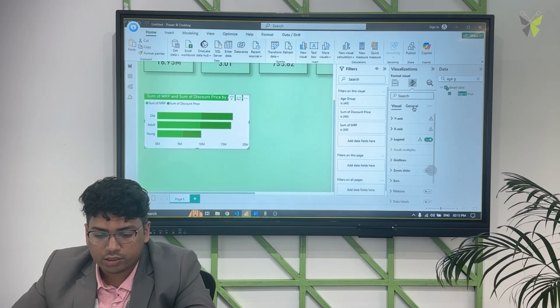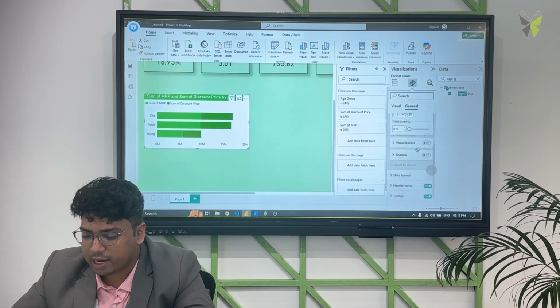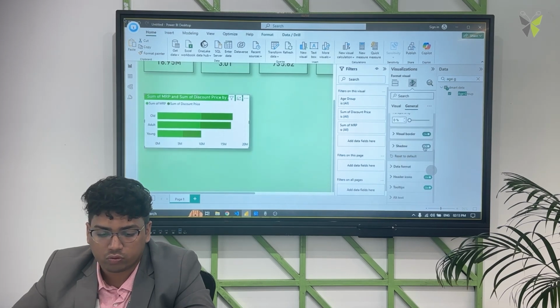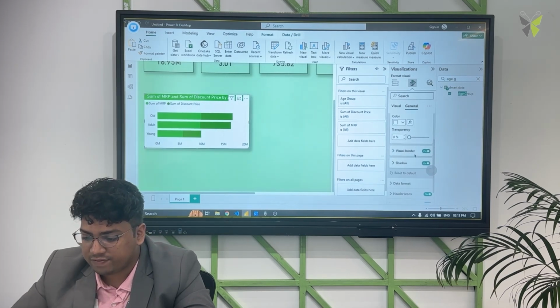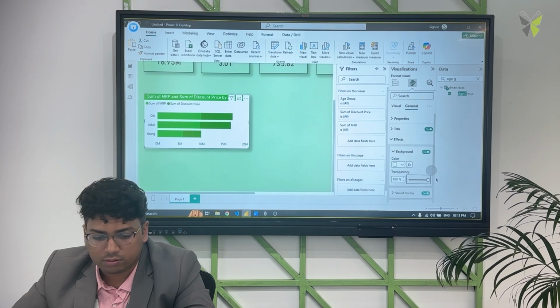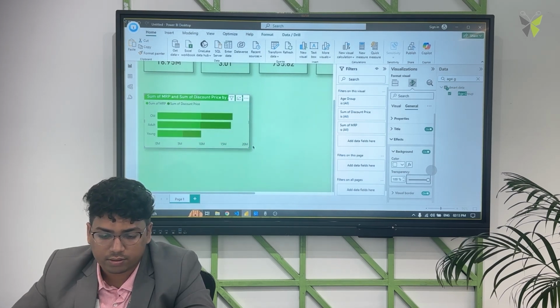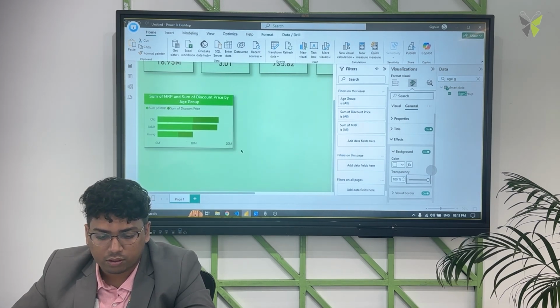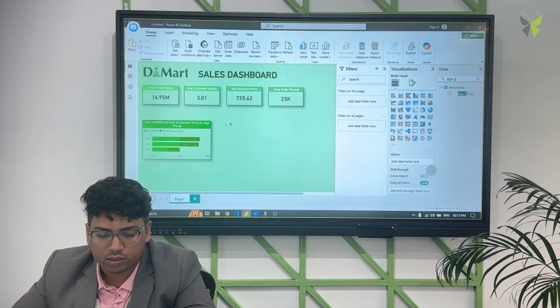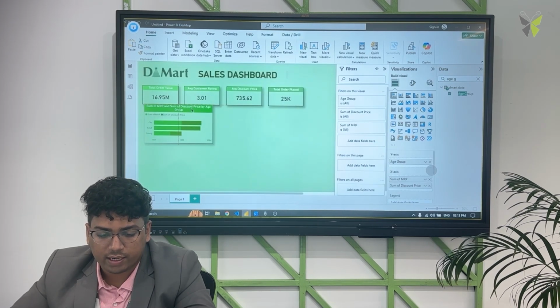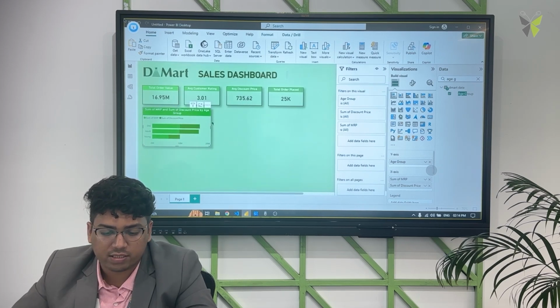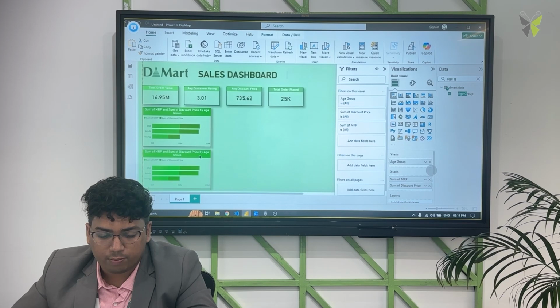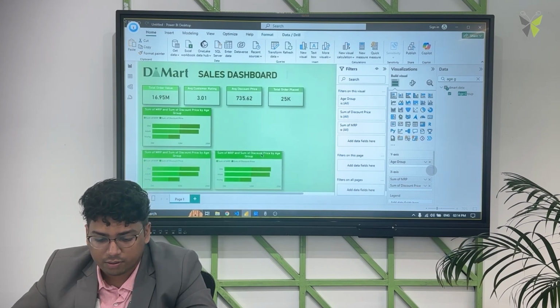Now in general, in effects, I'd like to add a visual border and shadow to it again. Let's see if the transparency is 100%. Is it looking good? Yeah, I guess. So this is the first chart that we have added. So easy. We can align it properly. Alright, super. I'll copy paste the same chart and put it down. Copy paste the same chart and put it aside.